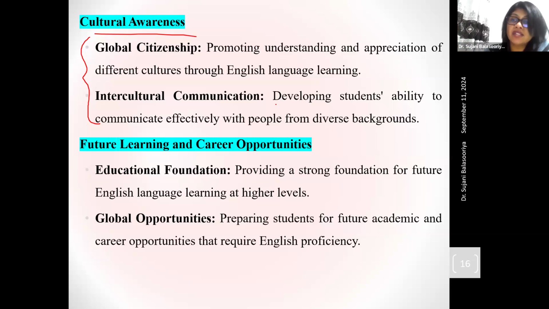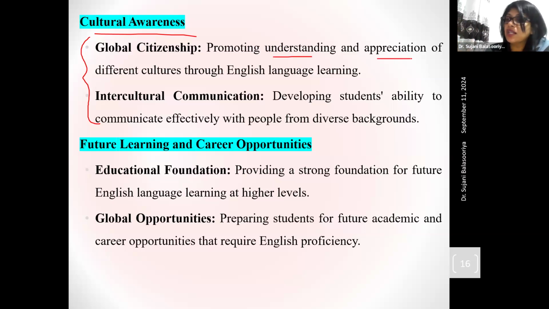There will be clashes. Then that will lead to so many other problems, unnecessary issues as well. So it has to be like understanding, right? The students should be able to understand the other's culture. Not only understanding is not enough, appreciation. These are the two things actually, understanding and appreciation of different cultures.